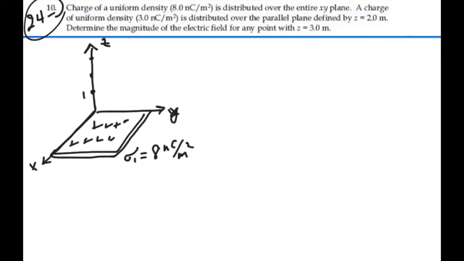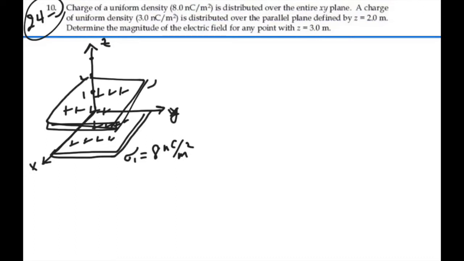And then at z equal to 2, we've got another infinite plane of charge, also positive, and that's equal to 3 nanocoulombs per meter squared. And we want to find the electric field at some point P where z is equal to 3. Looking at this, from the first plane we're going to have an electric field that's emanating away